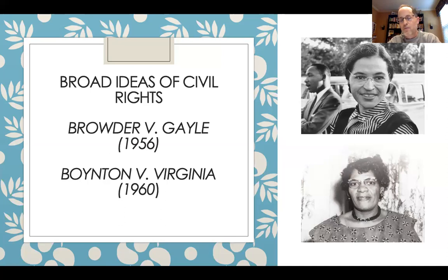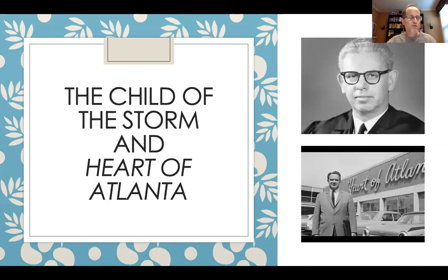Similarly, 4 years later, in a case known as Boynton versus Virginia, the Supreme Court prohibited the segregated waiting rooms around bus terminals. That case led to the famous freedom rides that you remember. Now, during that period of the early 60s, you had the wonderful sit-in movement and the freedom rides movement. That would give way to what I've told you is called the child of the storm, the Civil Rights Act of 1964. Rather than going item by item, theaters, public accommodations, parks, etc., let's have a broad case.